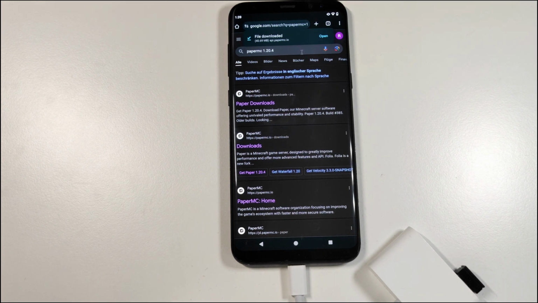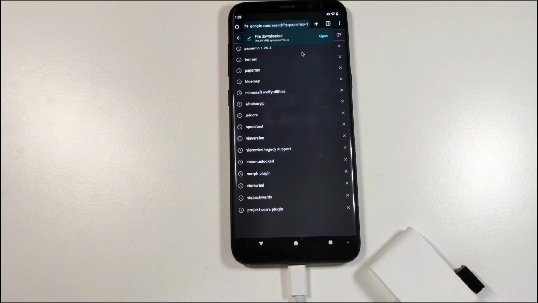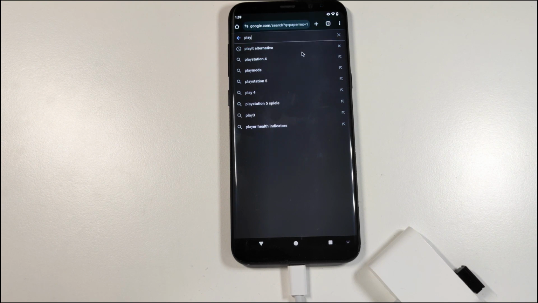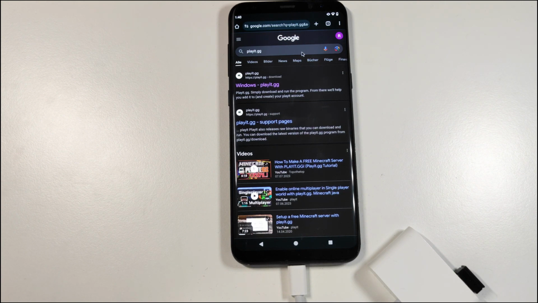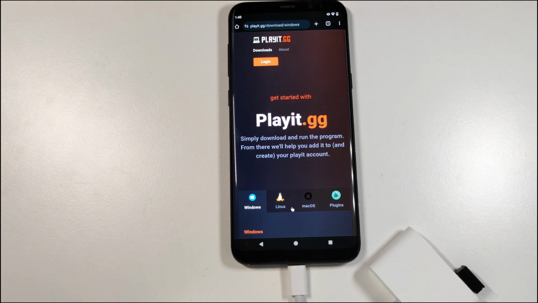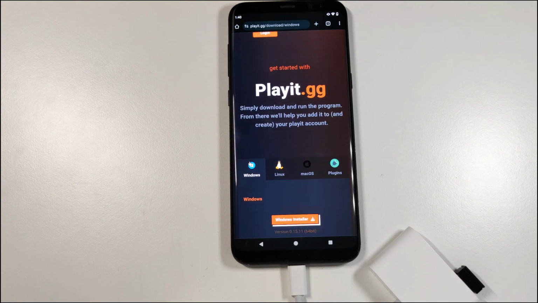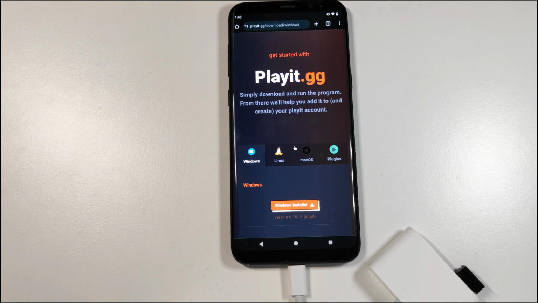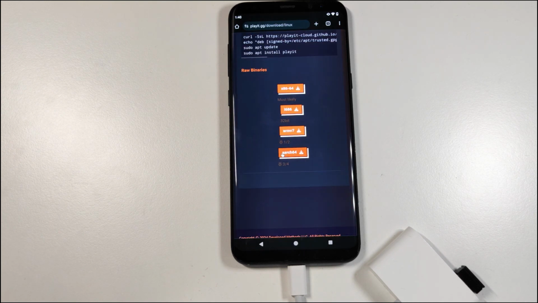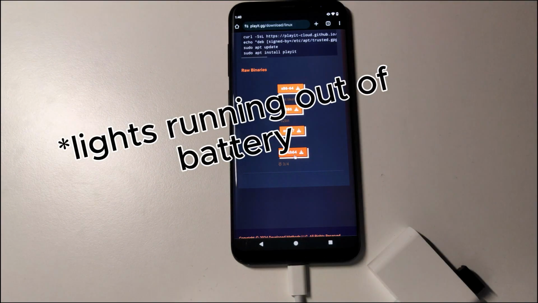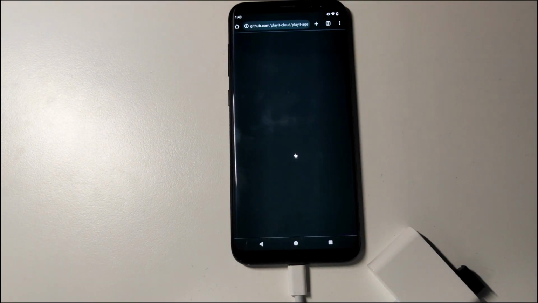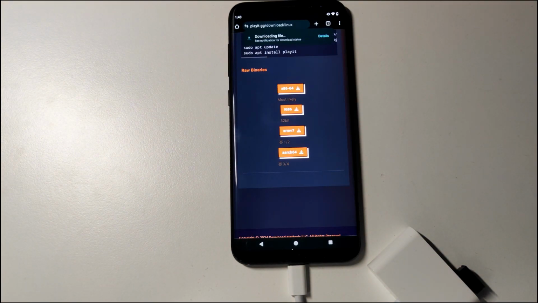So after that you need to install playit.gg for port forwarding. If you don't want to port forward, you can do other things. So you're gonna click on the first link, and after that you have a few options here. You need to click on Linux and scroll a bit down and download the Edge 64 version. So after it downloaded,